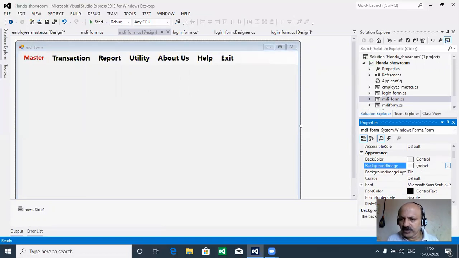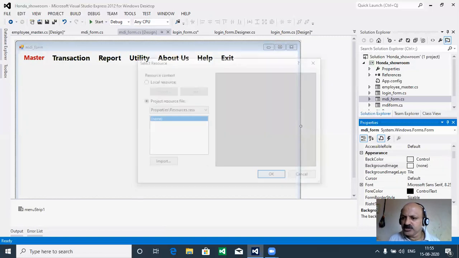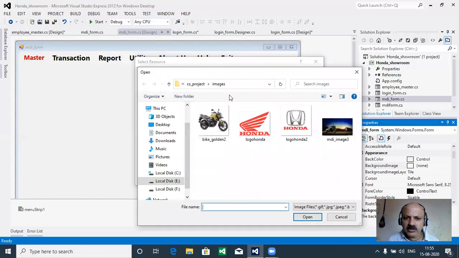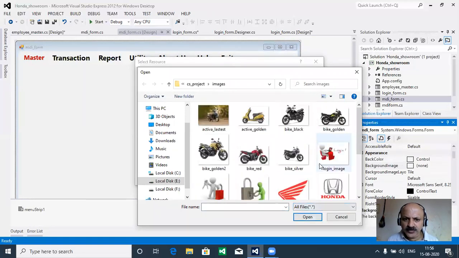You can also give a font color. Here we can take some example like master, we can give the red color. So you can look at whichever color combination looks better, and give all colors the same, I just give one idea. And also here there are two possibilities, background color and background image. We can take the image, so first you can take the local resource and import. So our image folder we can already open. So I can show an image taken from the internet, also from our source.